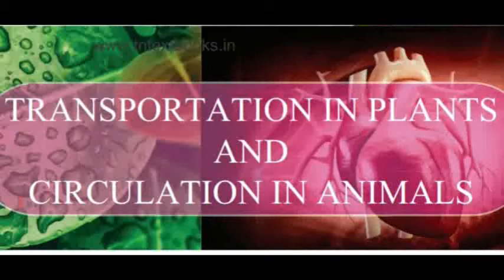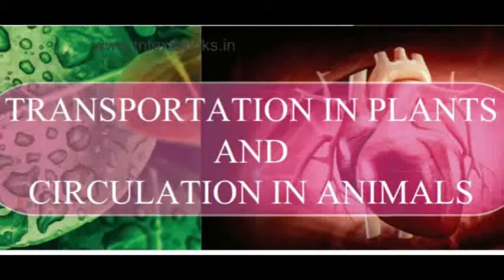Dear students, in the previous video class, we have seen the structure of the human heart and the different valves present in the heart, such as the right atrioventricular valve or tricuspid valve, the left atrioventricular valve or bicuspid or mitral valve, and the semilunar valves present at the base of the pulmonary artery and aorta. We also saw the different types of blood circulation, that is systemic circulation, pulmonary circulation, and coronary circulation, which supplies blood to the cardiac muscles.